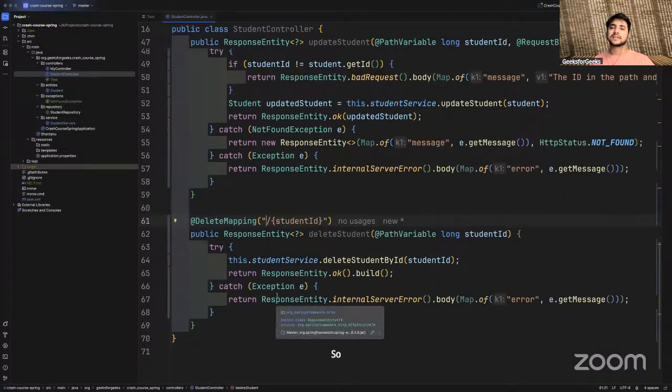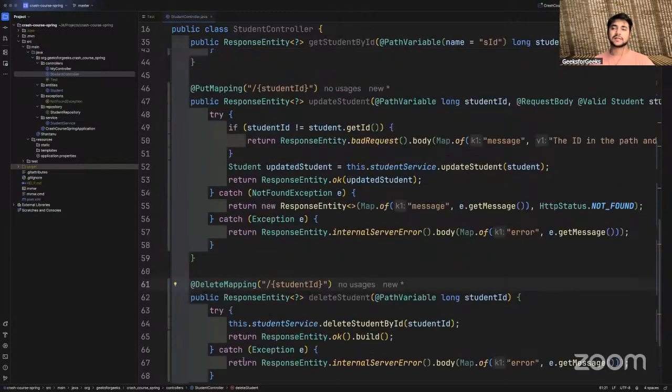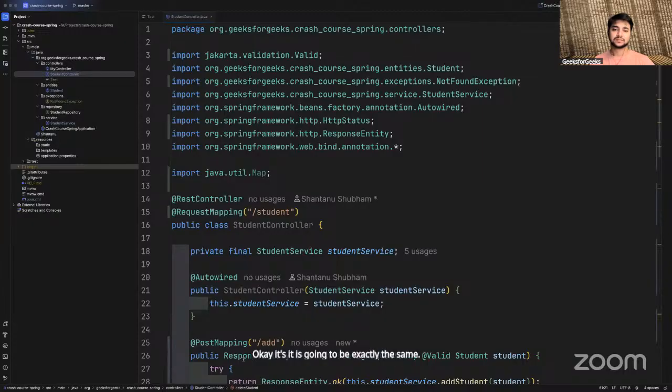So if I do this, it's going to work just fine. It is going to be exactly the same. Clear?